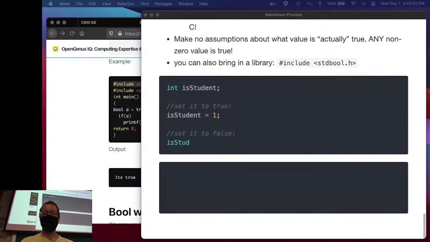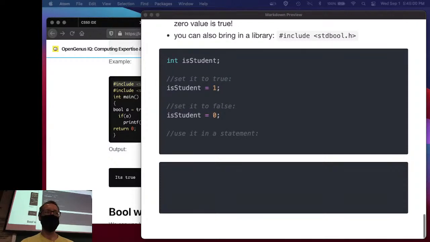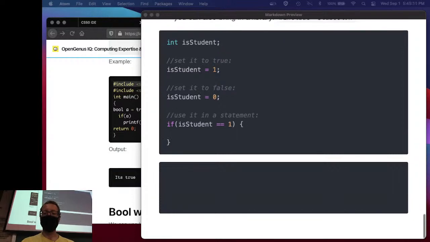Is student equals 0. You can also use it in a statement. Here's my first attempt at this statement. I will eventually erase this and do it right. But if is student is 1, then I'll printf, you get free